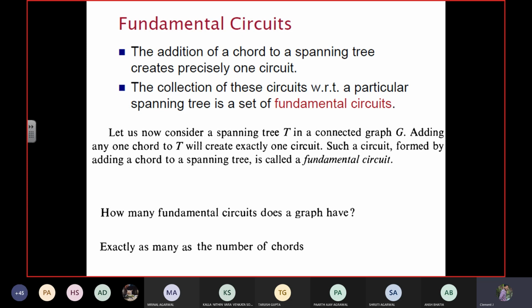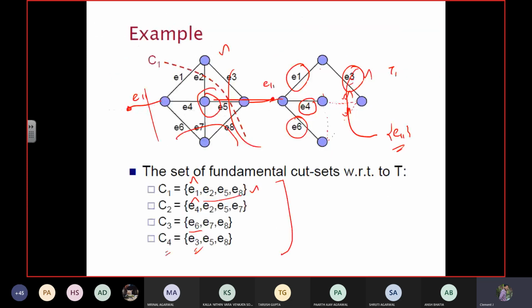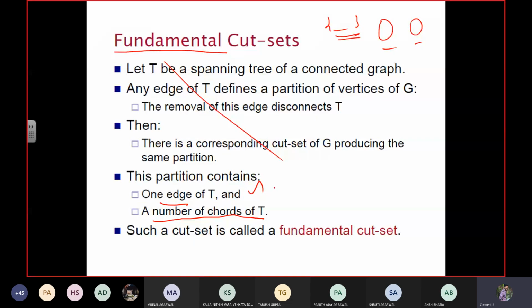Okay, here you need to remember the definition of fundamental cut set. The important point I told you: you are allowed to add only one branch of the spanning tree, along with which you are allowed to add multiple chords of that spanning tree. In your cut set, there should be only one branch. A branch means an edge of the spanning tree. So you are allowed to have only one edge of the spanning tree; the remaining can be chords.